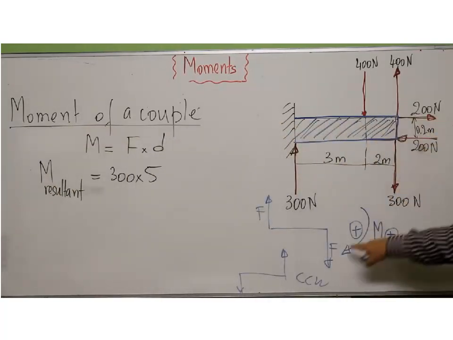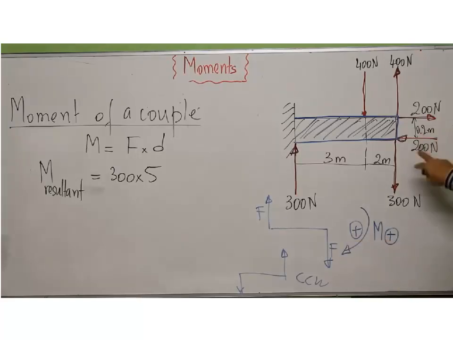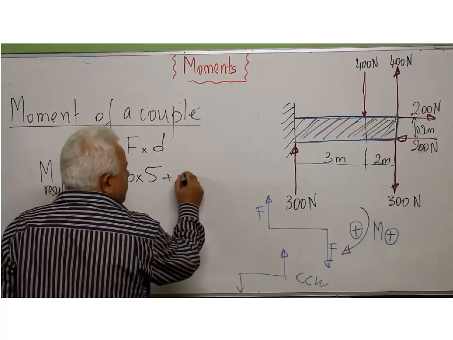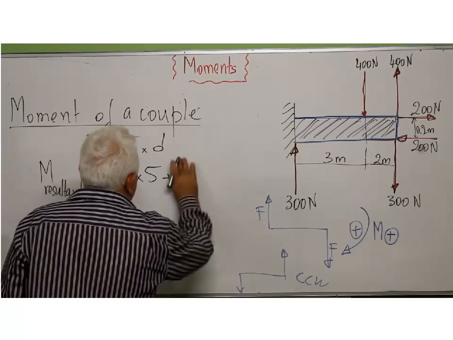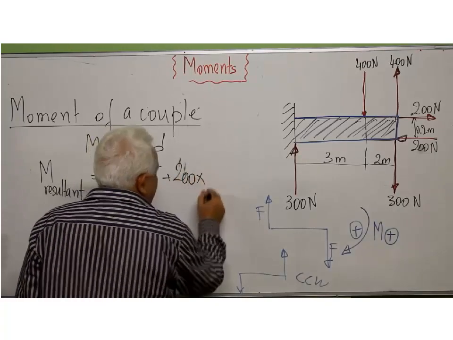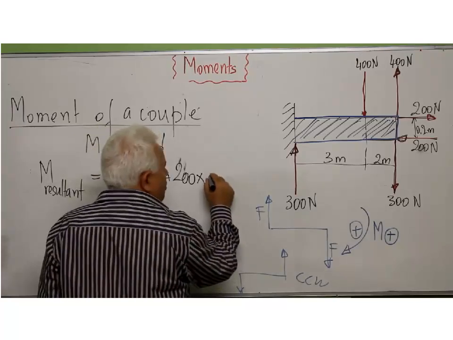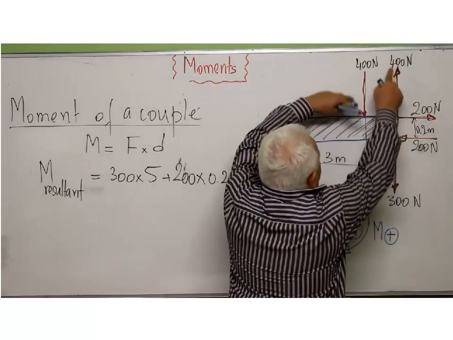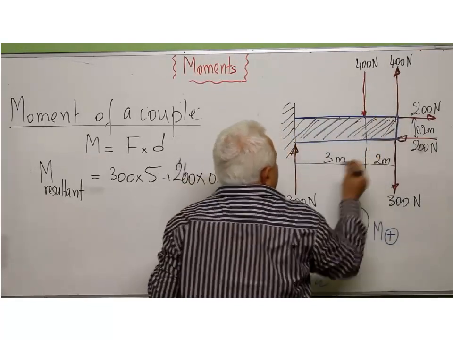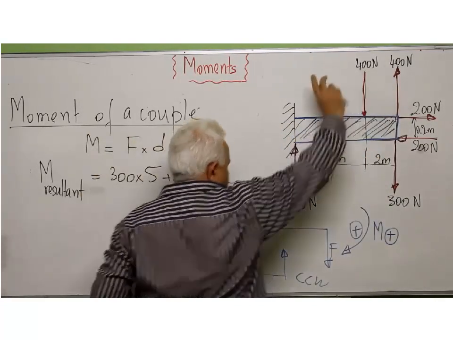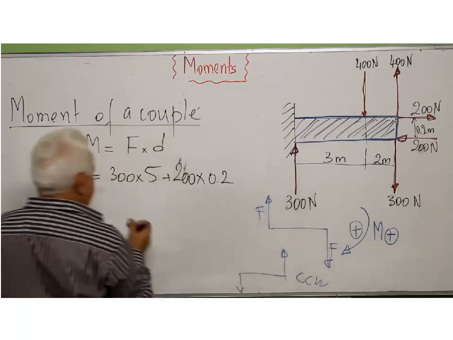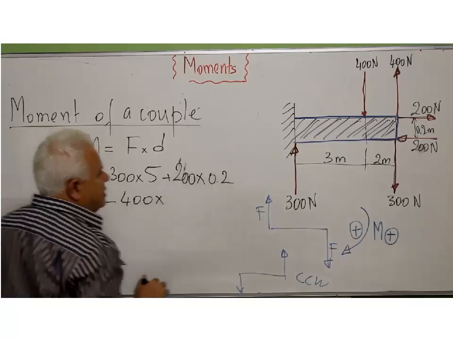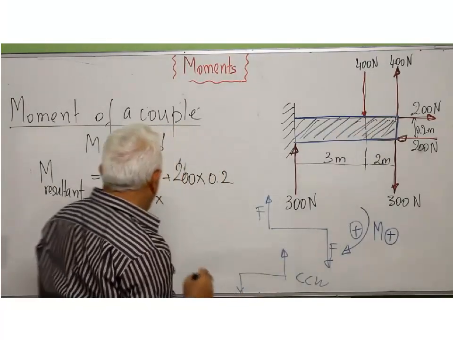This one, following this configuration, is positive as well, clockwise, which is force times distance, 200 times the distance that separates the two forces, which is 0.2, and the last one, which is a couple of 400, but this is anti-clockwise, opposite. I have to put minus 400 times the distance that separates the two forces, which is